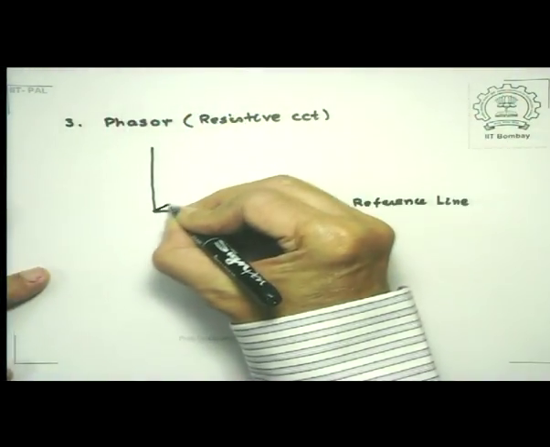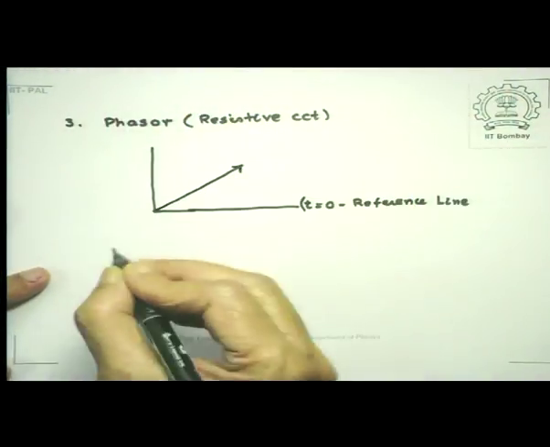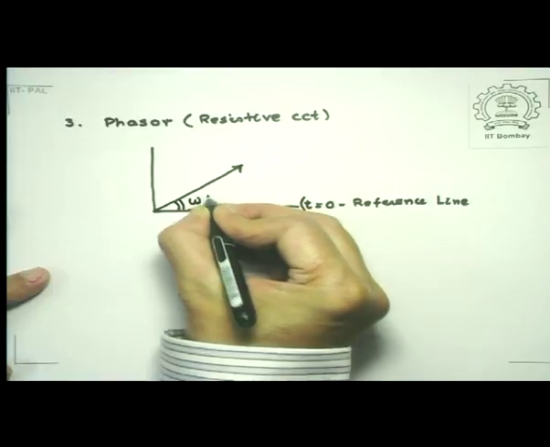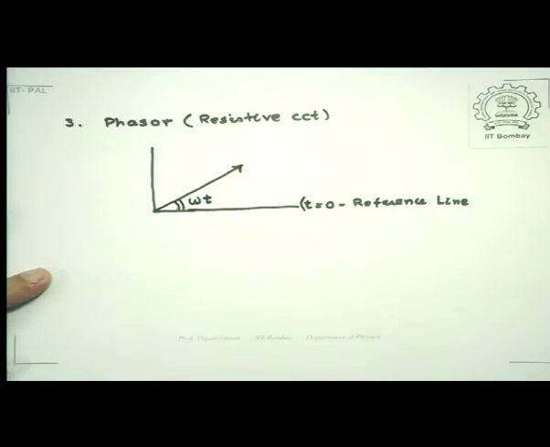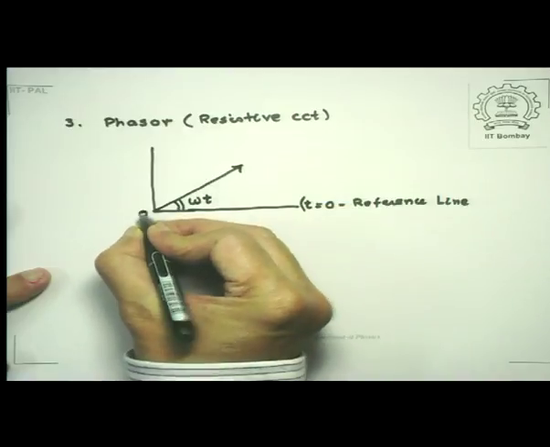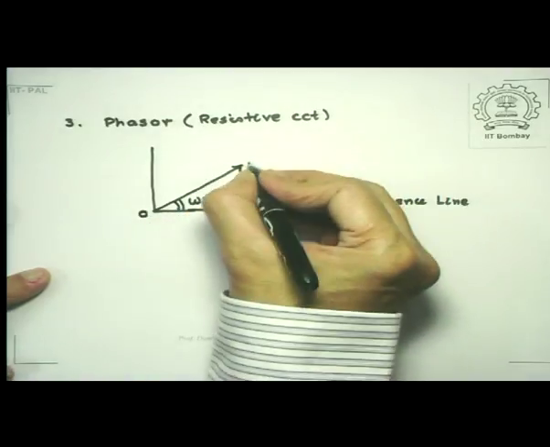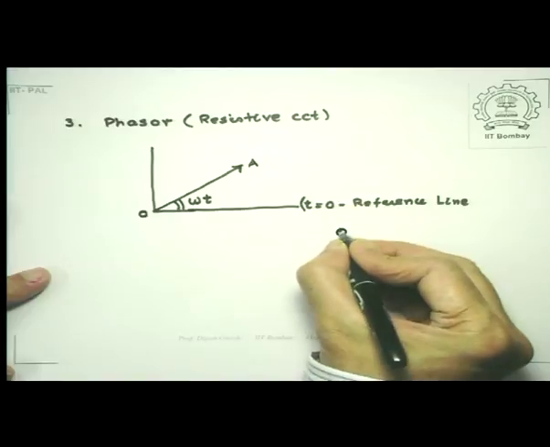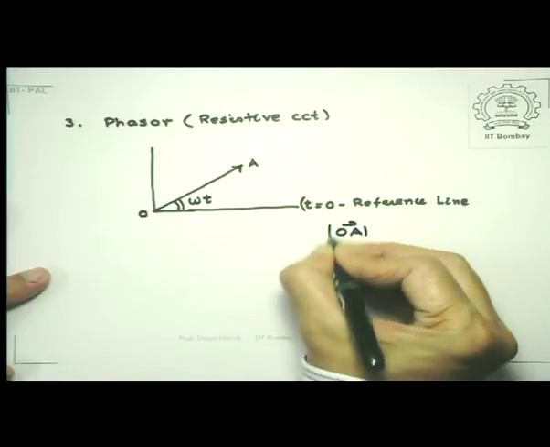So at time t equal to t, let's suppose this is the direction in which the voltage phasor is located. This is a phasor of magnitude, let's call it OA. OA magnitude was Vm,